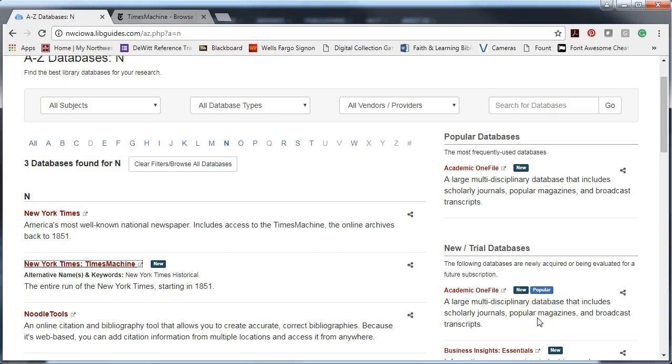The New York Times is a great resource to use if you're doing historical research. At DeWitt Library, we have access to the New York Times all the way back to 1851 when it was first published. Here's how to use the historical part of the New York Times. On our website, in our databases listing, in the N section, you can find a link to New York Times